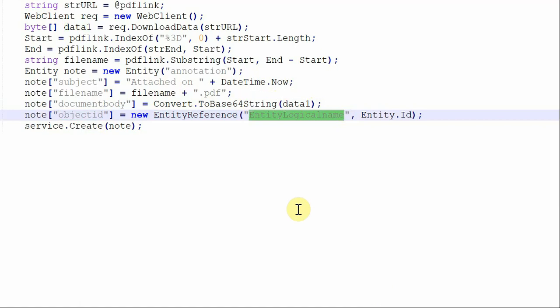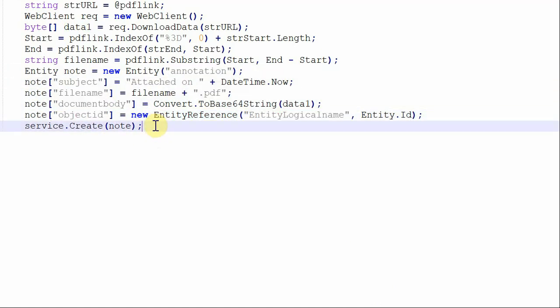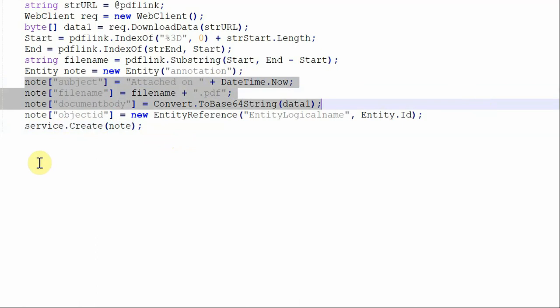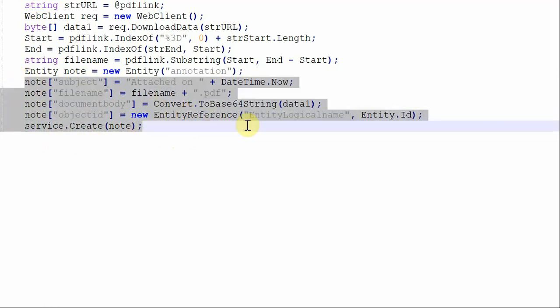To create the notes and attachment, you first need to add the timeline to the form in the CRM, and in that timeline section you will get the notes and attachment section. So this attachment will be created there. After giving all this information, I have done service.Create for the notes. You need to create your organization service in your plugin, and then using that service you can call service.Create for the note. Then this attachment will be created in your CRM with all this information.